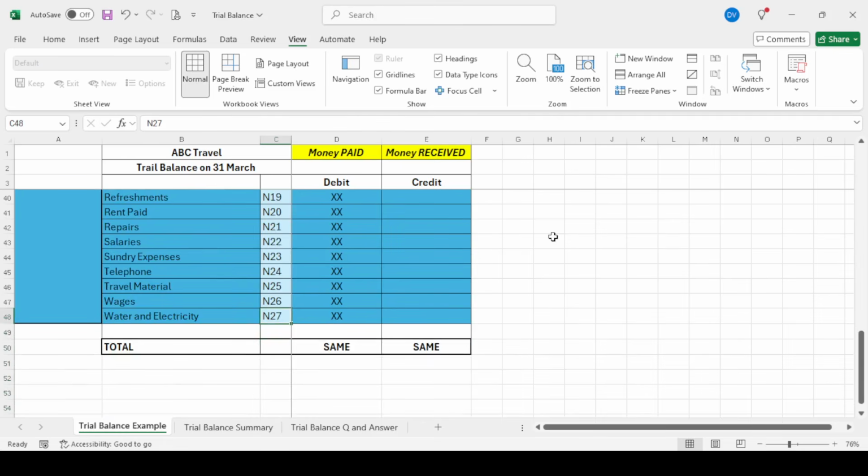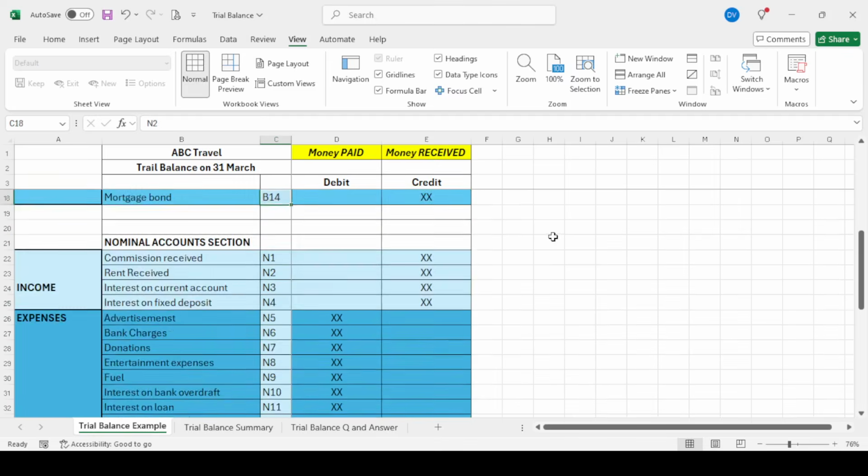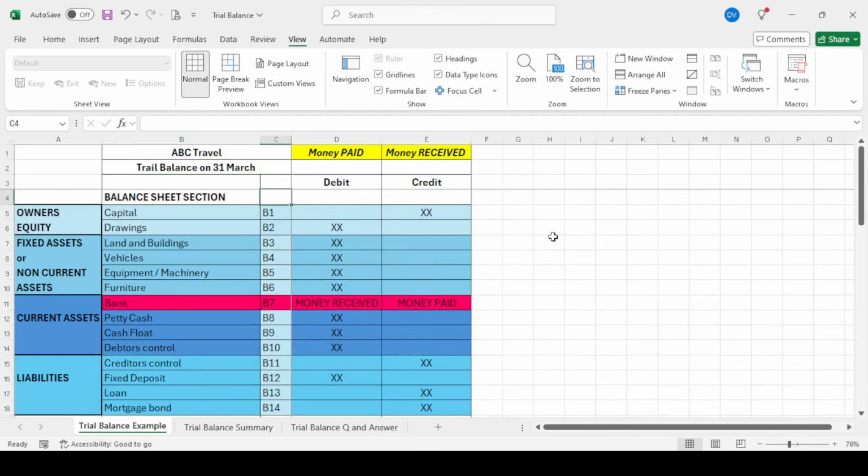They don't always allocate marks for this in the exam, but please remember to fill it in, because if they decide to allocate marks and you didn't do it, you're going to be very angry with yourself, because it's obviously not difficult. You just have to remember to do it.